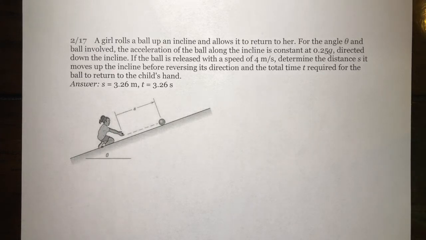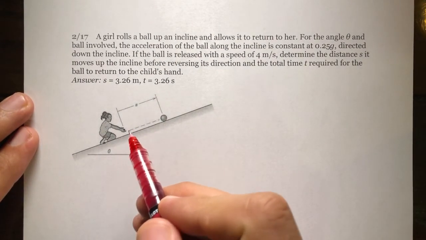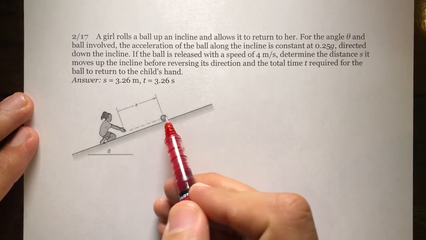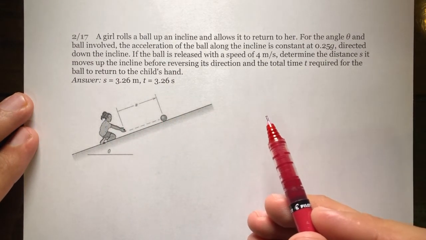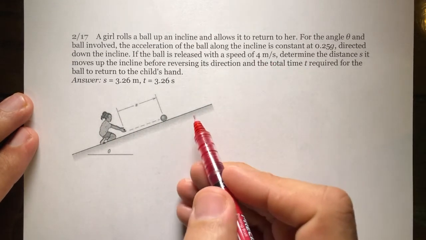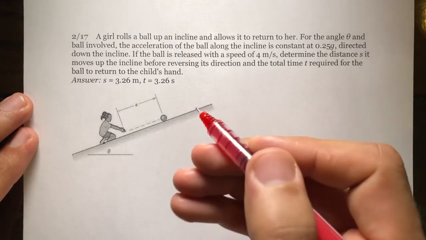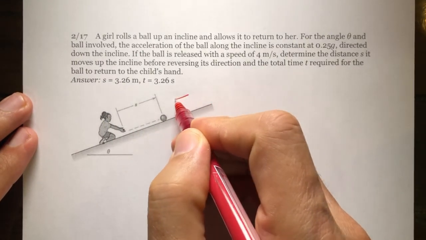Another example for this section, problem 17. Here we have this incline and this girl is rolling this ball upward with some initial velocity. Initial velocity is 4 meters per second. And because of this incline, and because of the gravitational force, the acceleration of this ball is gonna be